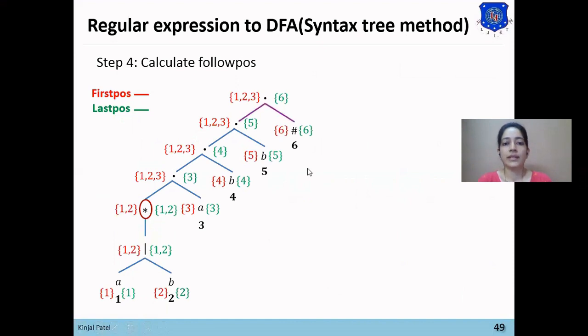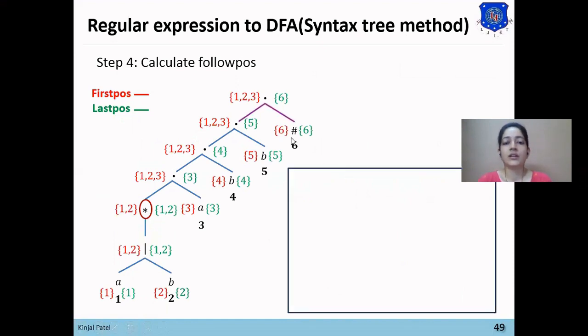To find follow position, focus on the first dot at the top. I have just copied down this part in the square box. Here you can see our C1 child and C2 child and the dot node. Here dot is the C1 child and hash is the C2 child.